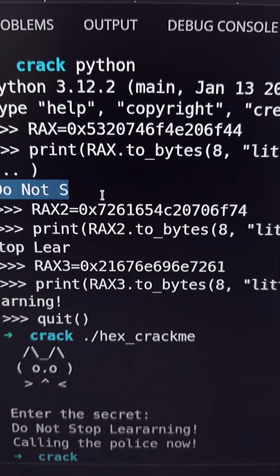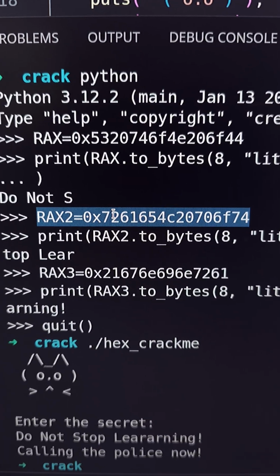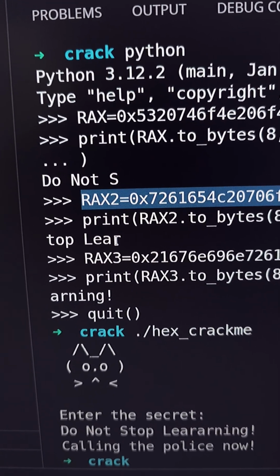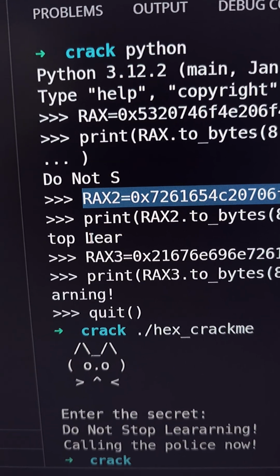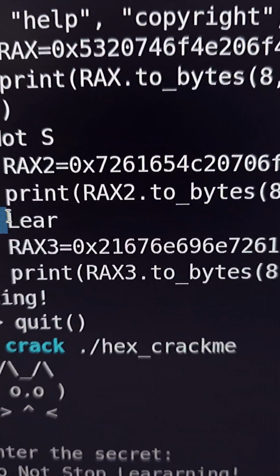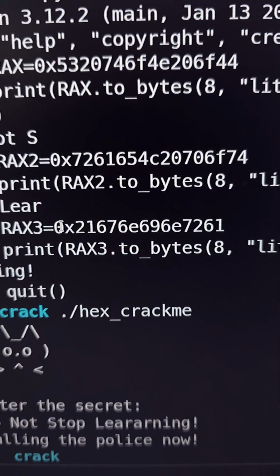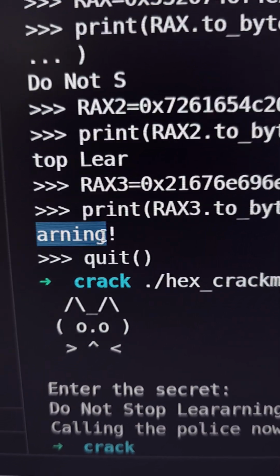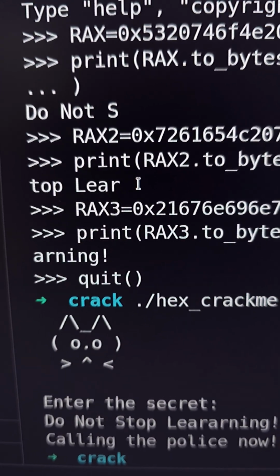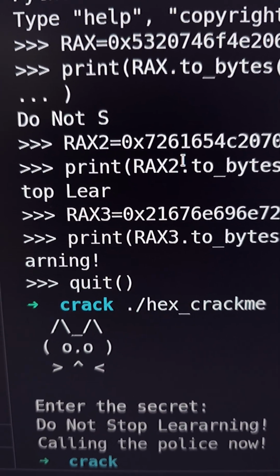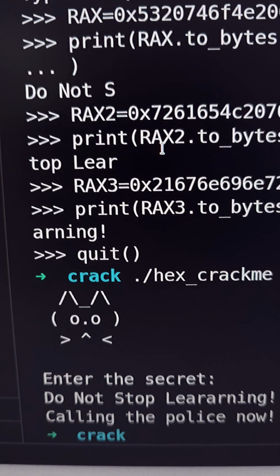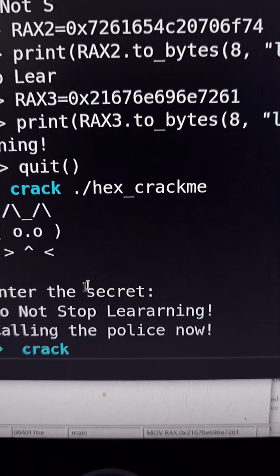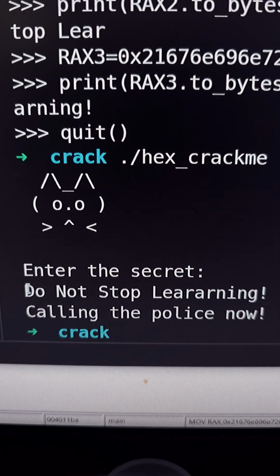And then the second one, this one, is converted to "top lir", yeah, right here, "top lir". And then the last hex value, it's "warning". Wow, could be the word warning. So I combined all three hex numbers, which have been converted into ASCII characters, and I launched the binary, and then I placed "do not stop